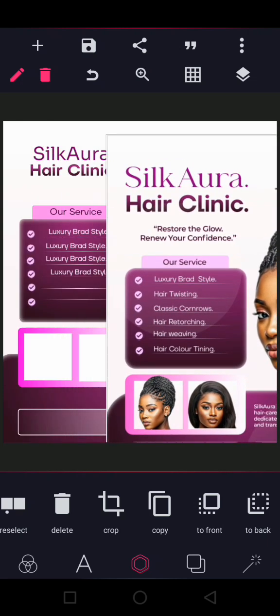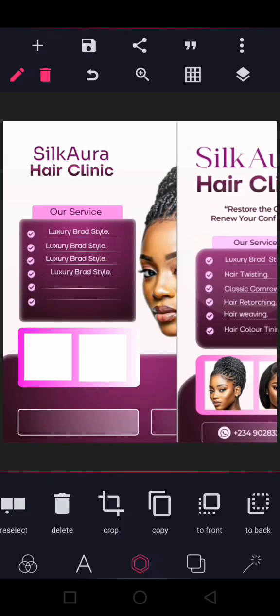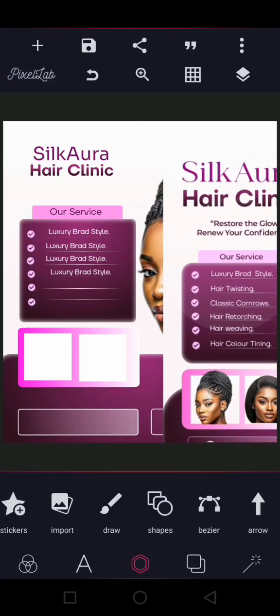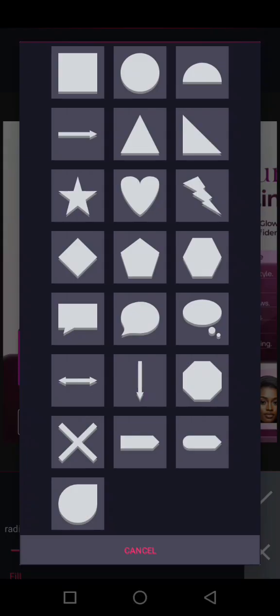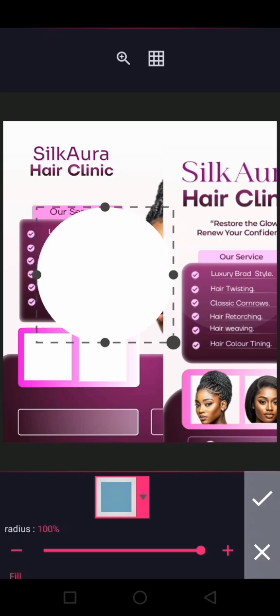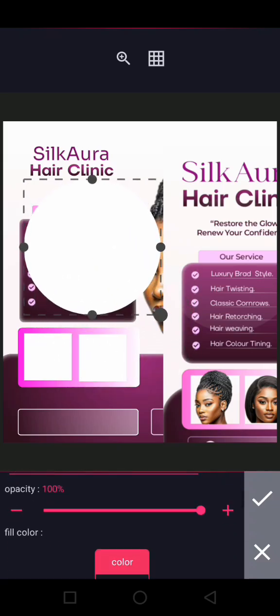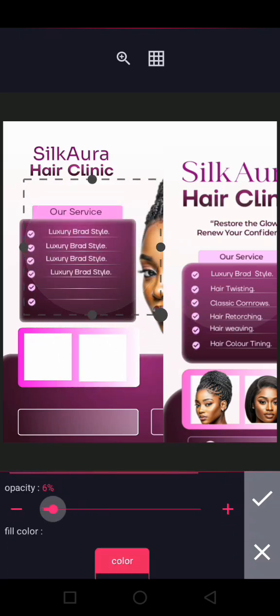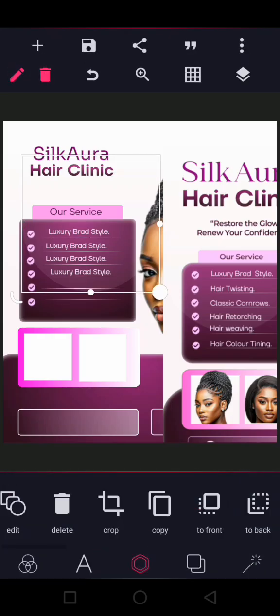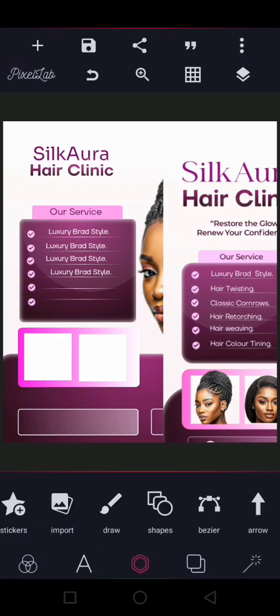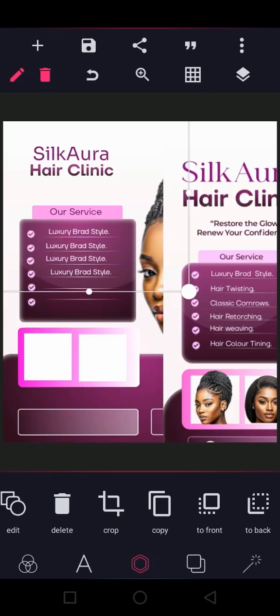if you look at this box, you see that there is something like a line over there. So this is how I was able to create that line. So I'm going to come over to the shape, and I'll make it a circle. You can either just click a circle here, but I prefer doing it like this. So I'll make it a circle, and then reduce the opacity very low, and then I'm going to bring that, let me increase it small. Yeah, so I'm going to just bring that like this to the edge, and see I've been able to create that. So you can increase the height,